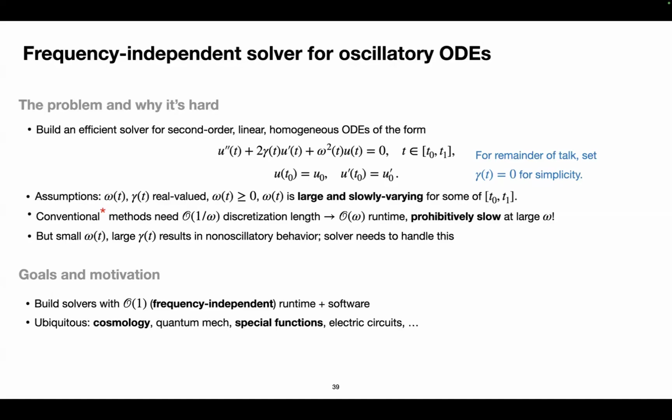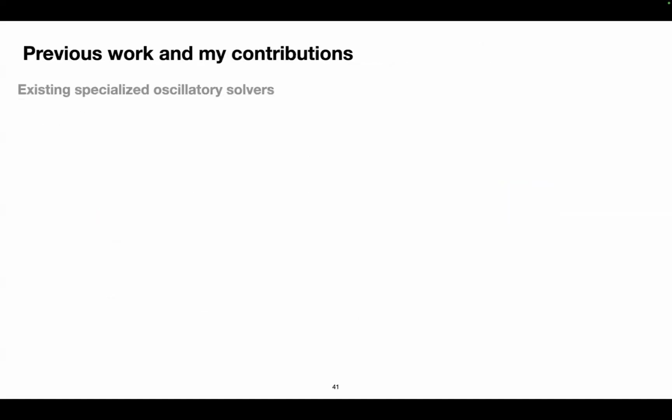And I was motivated by the fact that even though this seems like a simple equation, it's just one equation and it's ordinary and so on, it is ubiquitous in physics. As I'll show, it pops up in cosmology, it pops up in quantum mechanics and so on. And often one ends up needing to solve this equation, not just once, but 1 million to 1 billion times, especially if statistics are involved. So in a Bayesian inference or some optimization loop.